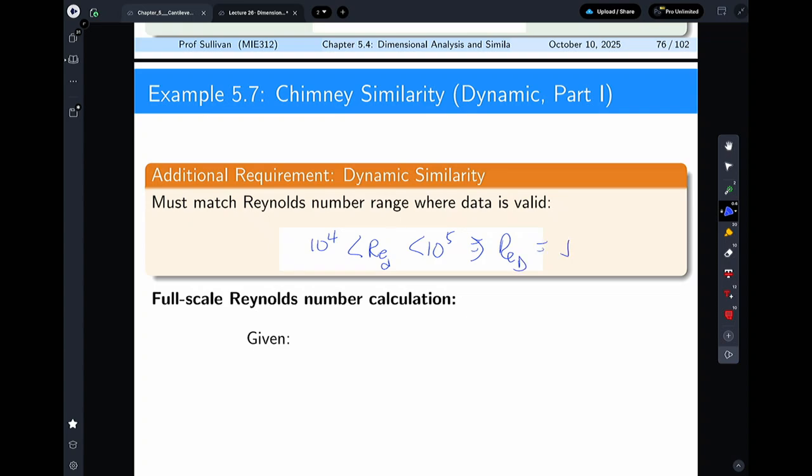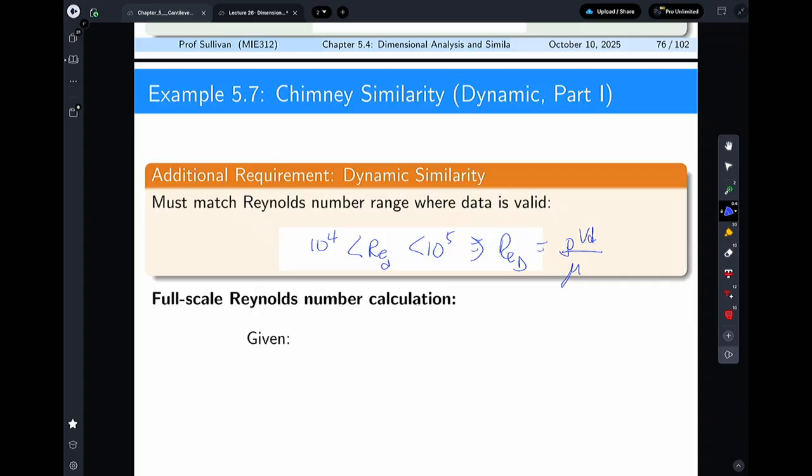But my problem is matching the Reynolds numbers. Trying to match Reynolds numbers is a really hard thing to do. Experimentally, I have to run tunnels at very high speeds if I drop things by very low ratios. So if I make a chimney that is 1/20th, I need to run 20 times faster, which is not physically